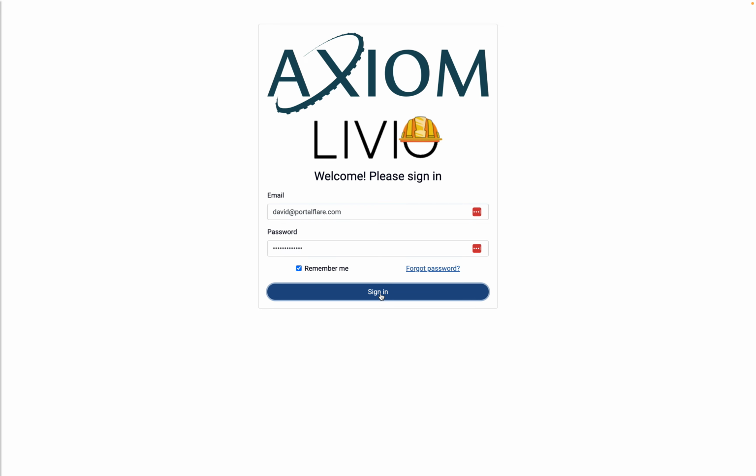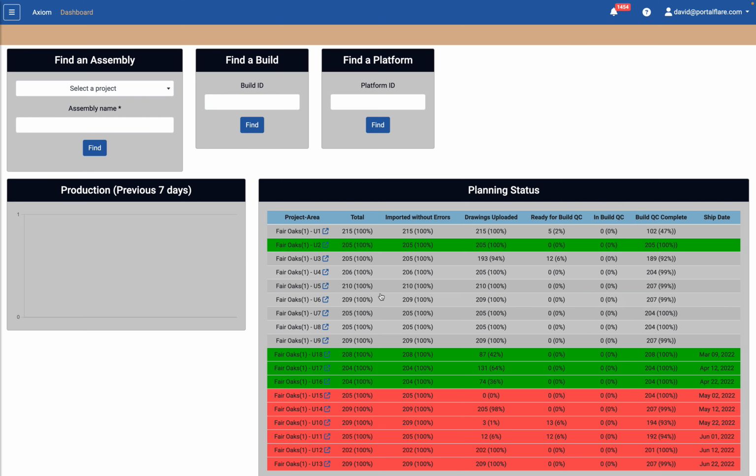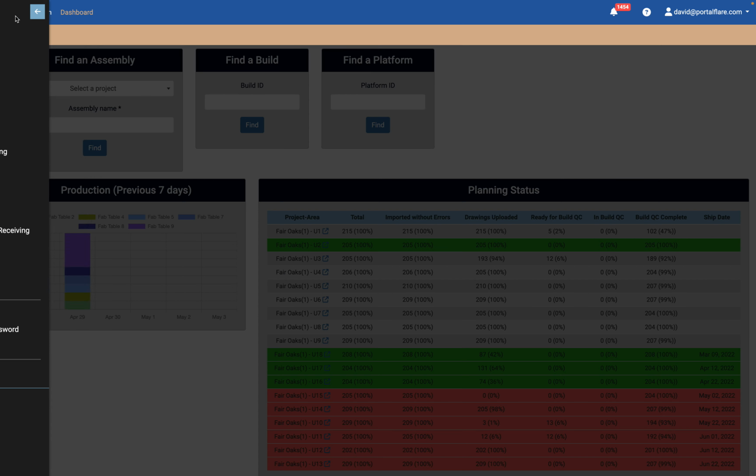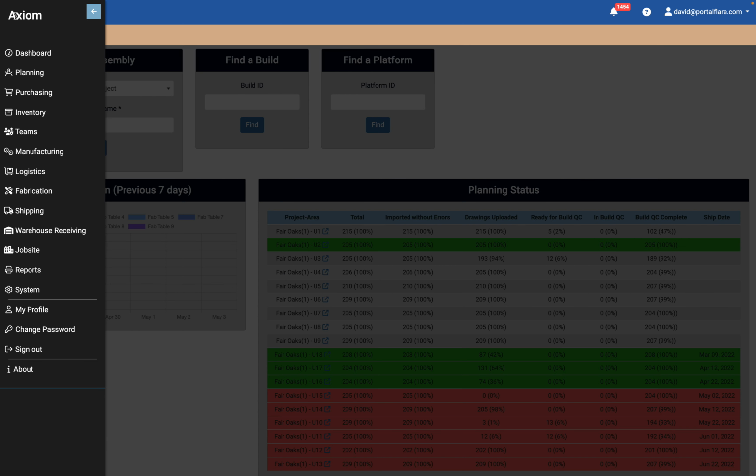I'll sign in. It has, of course, full security. I'm admin, so I see everything on this main menu. I'm going to use it to describe exactly what Axiom does. So the basic idea of Axiom is it takes design